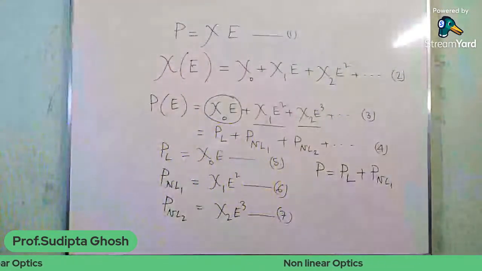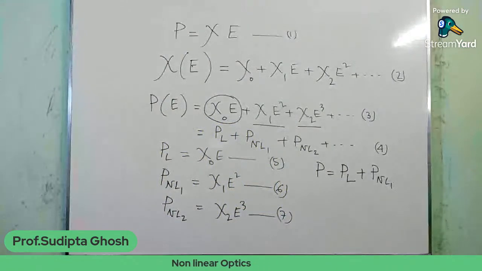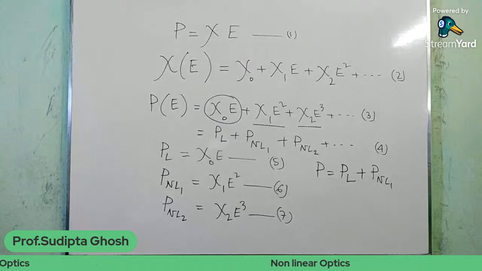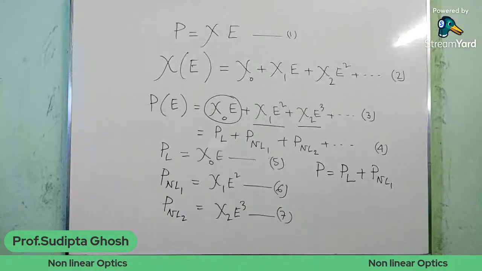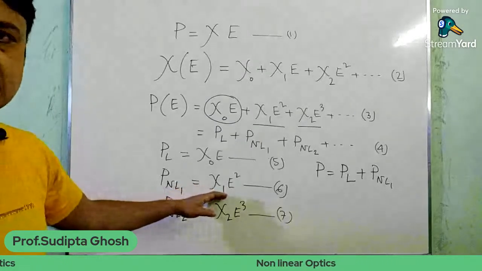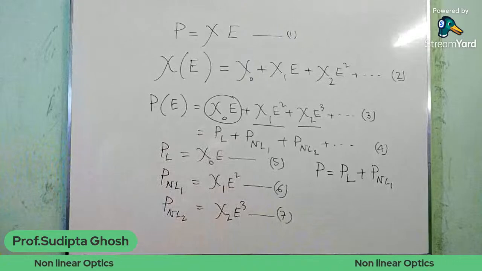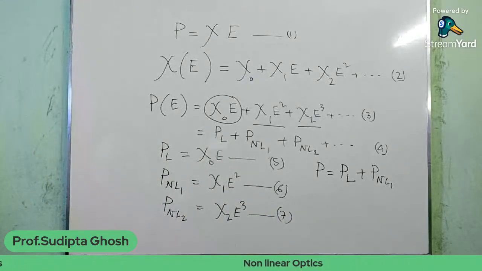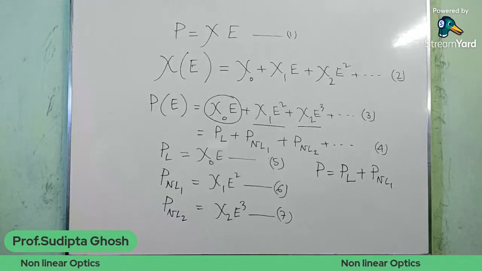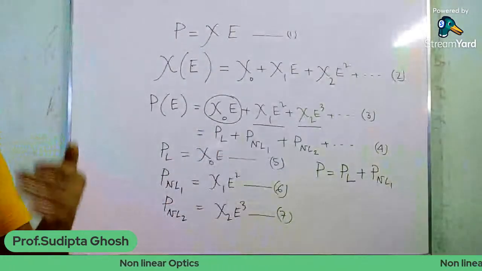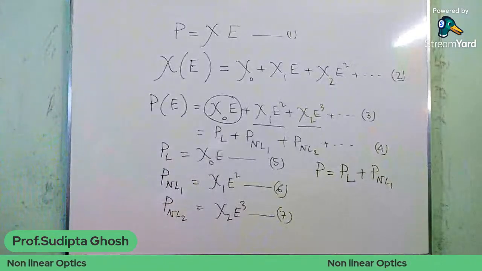Because for materials regarded as non-linear, the value of chi1, the first order non-linear susceptibility present in equation number 6, is very high, so after the application of a reasonable electric field, this chi1 E square becomes comparable, or rather significant, in comparison